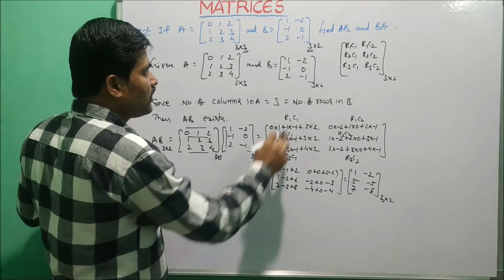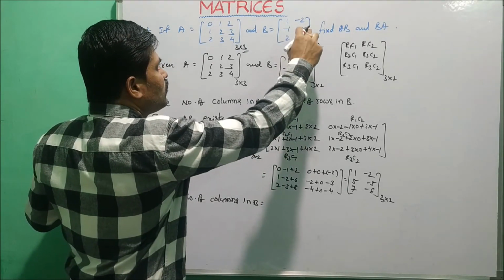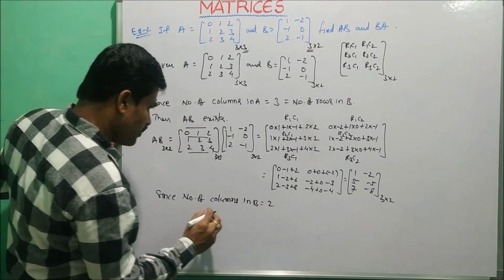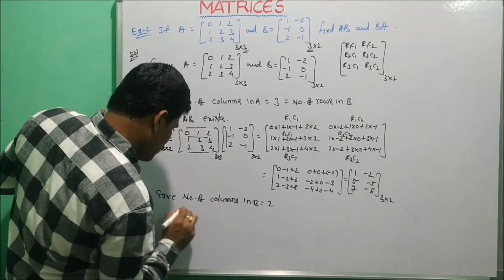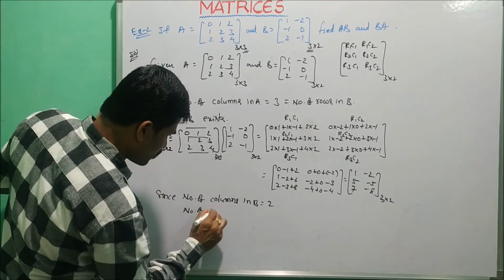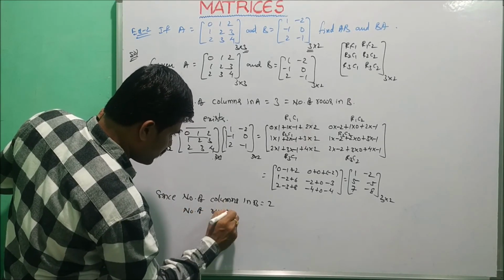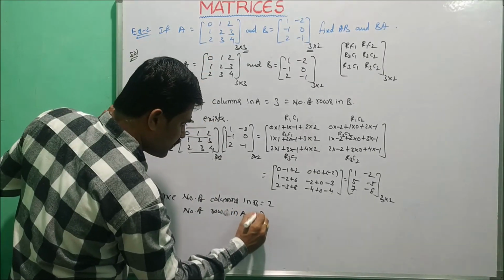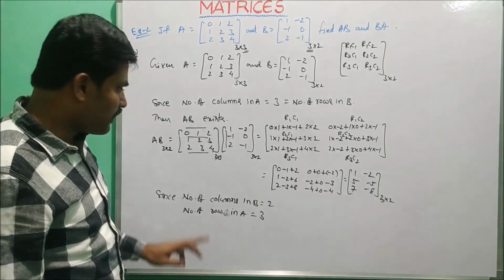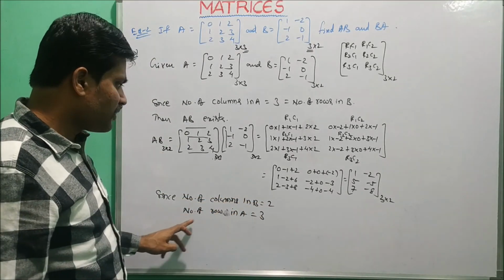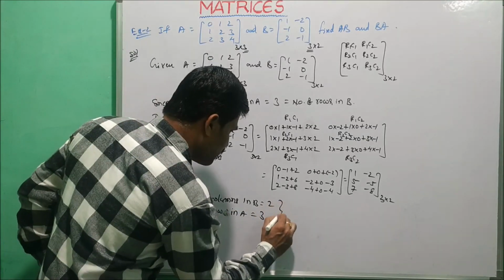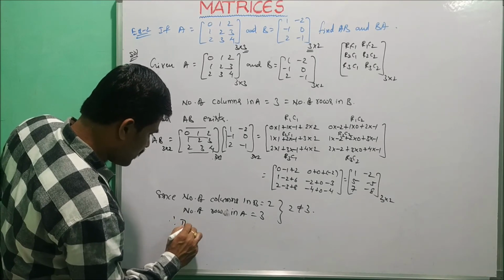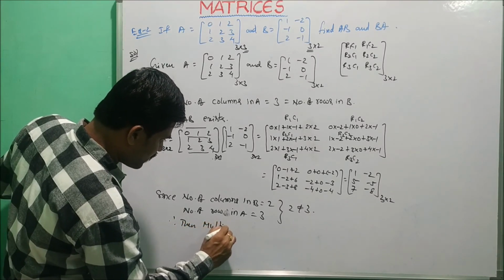The number of columns in B equals 2, and the number of rows in A is 3. So these are not equal. The number of columns in B is not equal to the number of rows in A, so 2 is not equal to 3. Therefore the multiplication condition